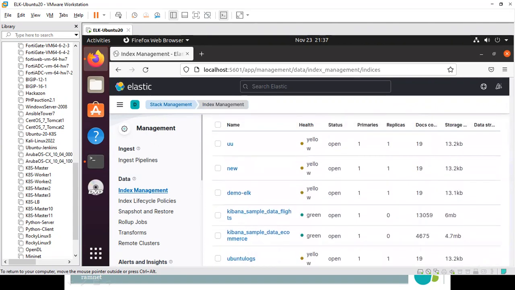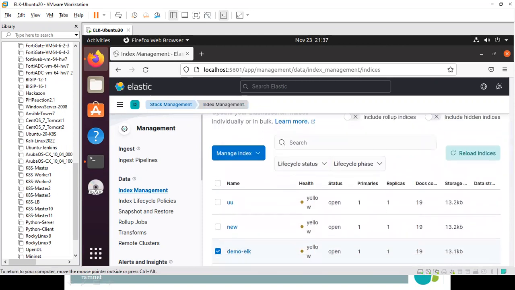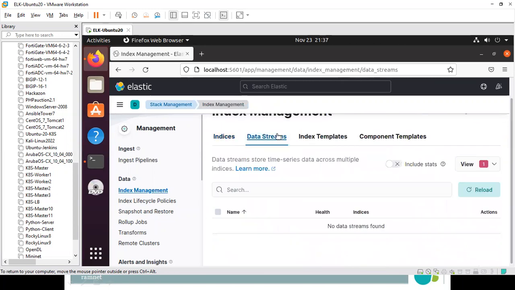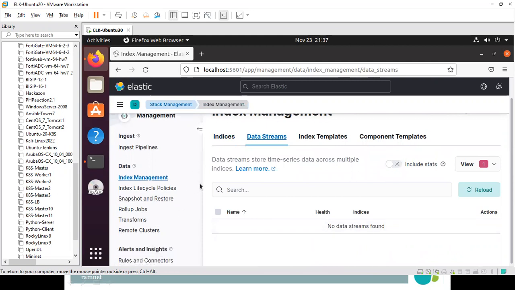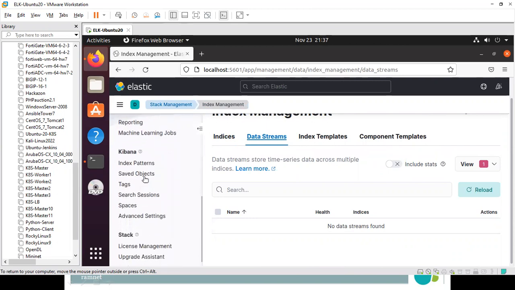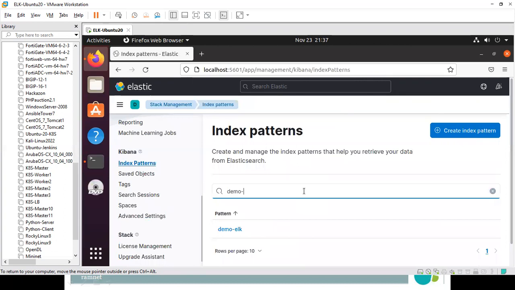Okay, there's the demo. Data streams: no data streams found. Index patterns, let me give that demo.